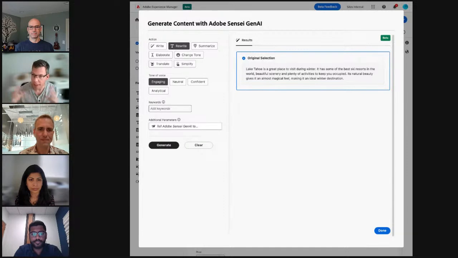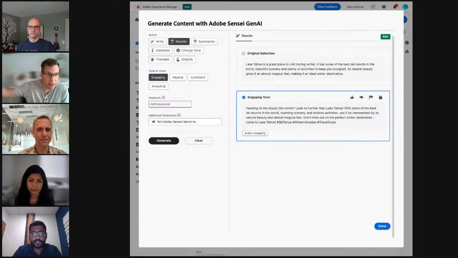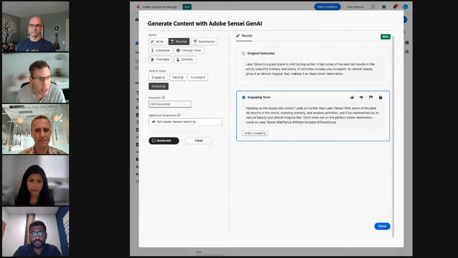This button opens up this modal. And once we have this modal open, we can really do whatever we want here. You can see a relatively complex UI that we built out, again using UI extensibility and React Spectrum components. Once we have this content selected, we have multiple actions that we can apply to it. If we want to rewrite this in an analytical or engaging way, we can do that. We are going to call Adobe Sensei GenAI with a prompt and the original text and come back with a response. We can keep modifying this until we see something that we like and apply that